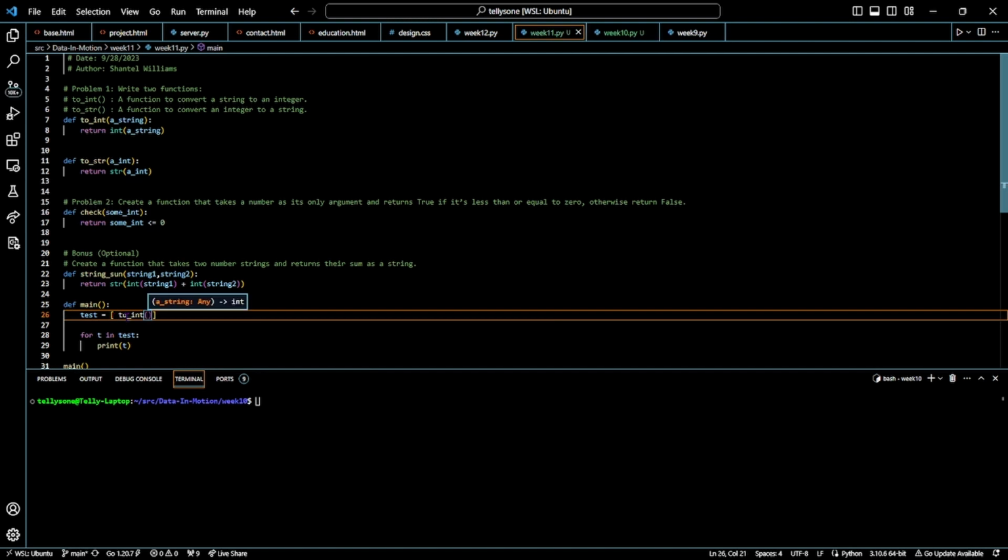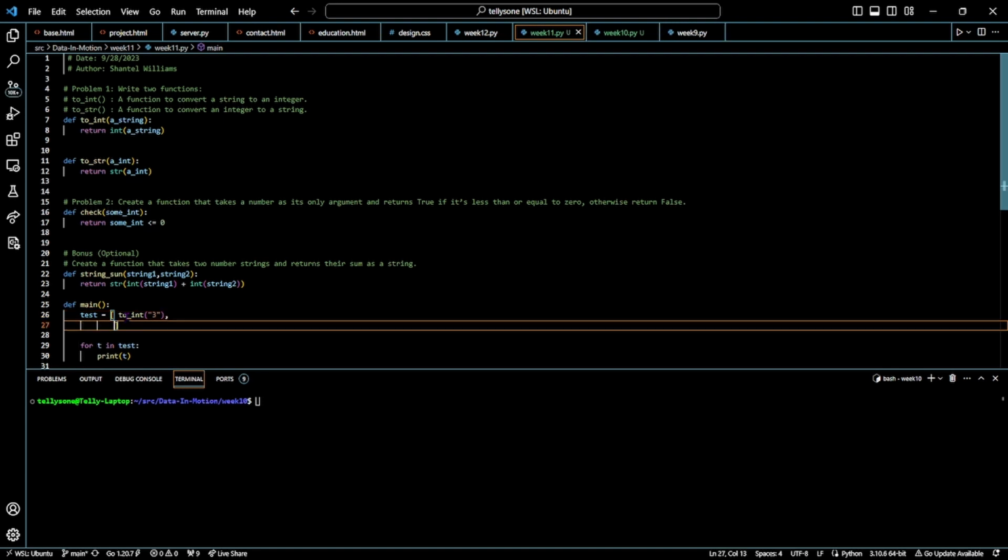Let's say string of 3. So we'll pass it that string 3 to test that one. Oh, not that. I'm saying the wrong thing. Okay. So that'll test our first function, and then let's call the second function, which is toString, and